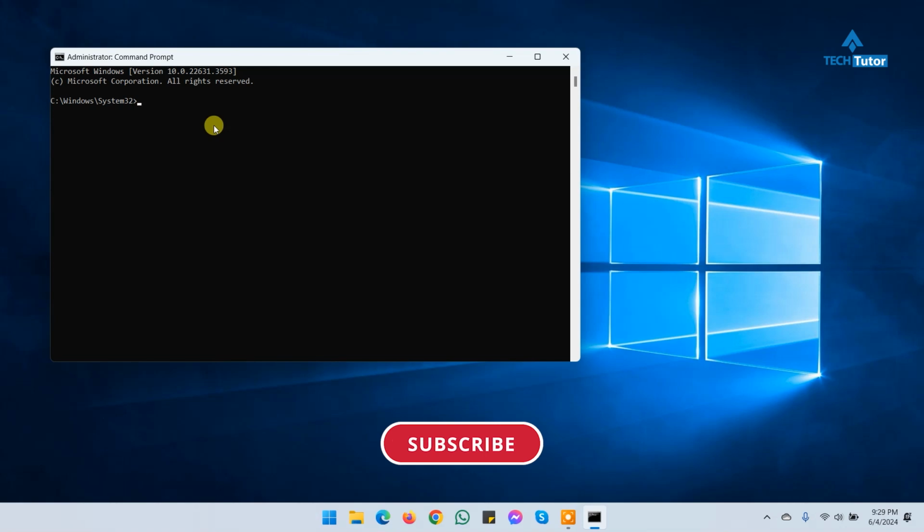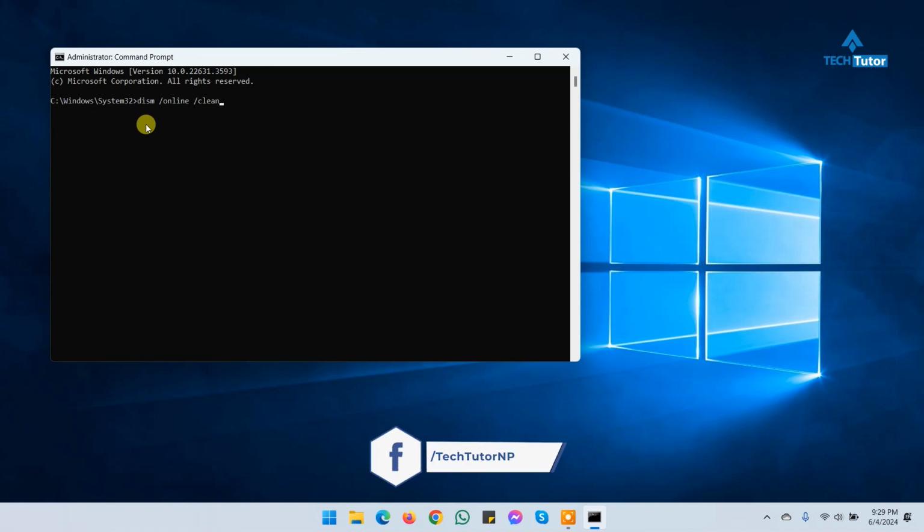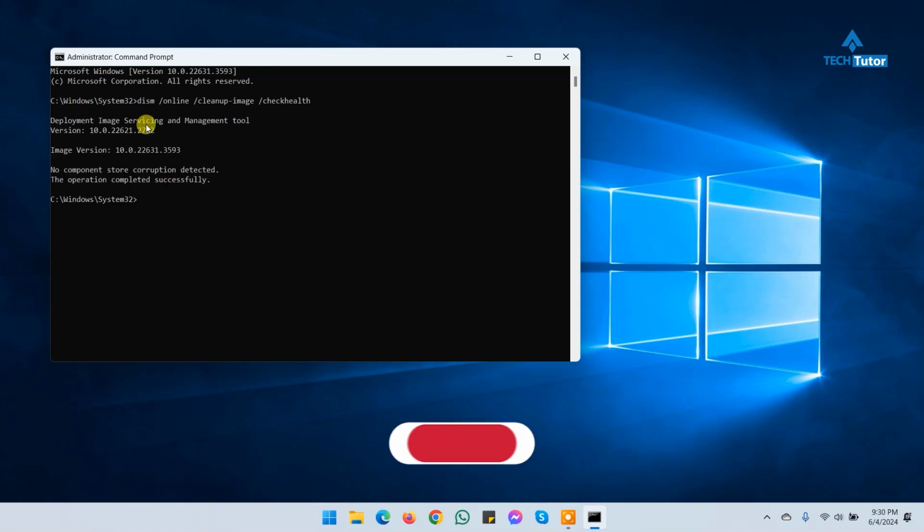Now in the command prompt window, type the following command: DISM /ONLINE /CLEANUP-IMAGE /CHECKHEALTH and press enter. This command will check if your Windows system image is corrupted, which could be the reason